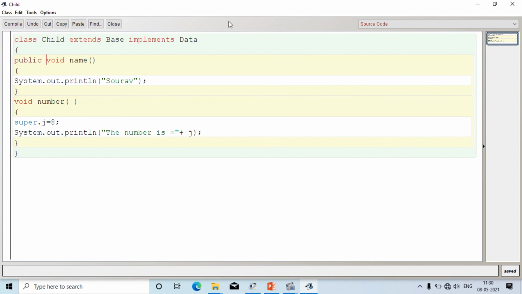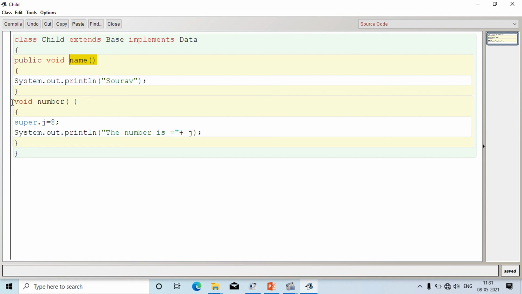Now I have created a child class which has the concept of multiple inheritance, inheriting the base class and implementing the interface. I'm overriding the method present inside the interface, void name, and I have given the detail inside, just a print statement which prints Saurabh. The method body is not given inside the interface, so you can say the details are hidden inside the interface, which is the concept of abstraction, that is data hiding.